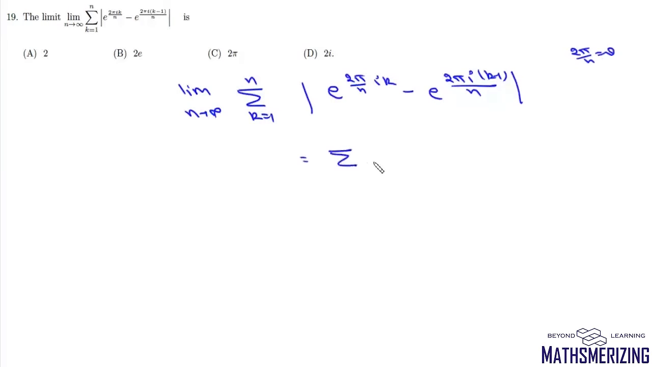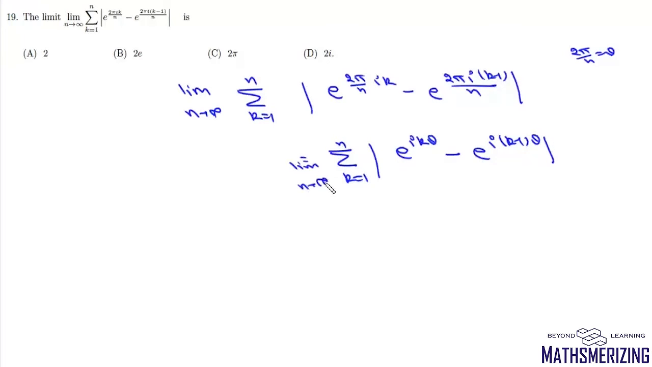Now question number 19 is we need to find this limit, which is limit n tends to infinity of the summation k varies from 1 to n, and this is e to the power 2 pi iota k by n minus e to the power 2 pi iota (k minus 1) upon n. Now for the sake of brevity, we'll write 2 pi by n as some theta. So we can write this as summation e to the power iota k theta minus e to the power iota (k minus 1) theta. And this summation varies from 1 to n, where limit